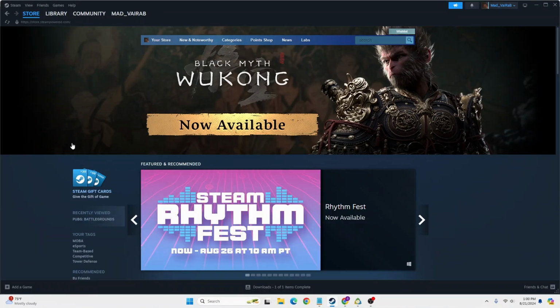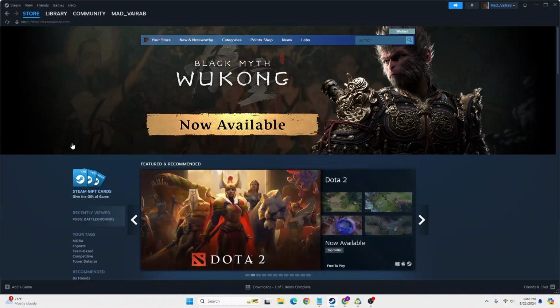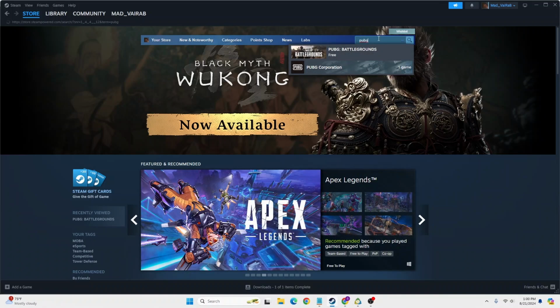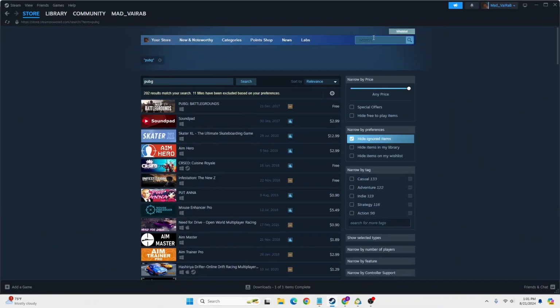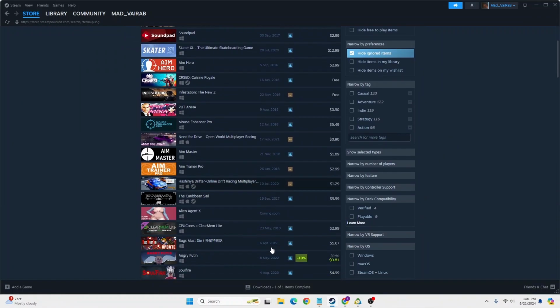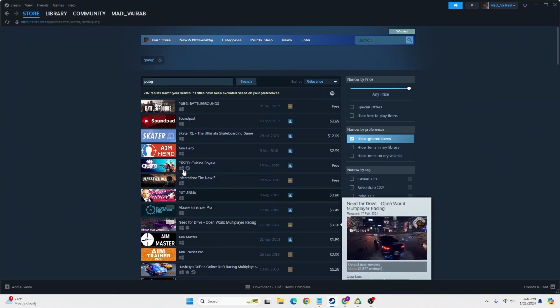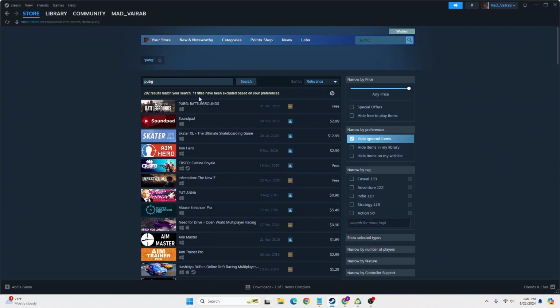Now we will be required to search for that particular game which you want to install on Steam. So let's go over here on the search bar where my mouse is hovering and click over there and search for a particular game. So I'll be searching for the PUBG game since it's available on Steam and it's for free. You can also try out the games which cost money and which are more enjoyable. It's according to your choice, but for demo purposes, after landing on this interface of the game section,